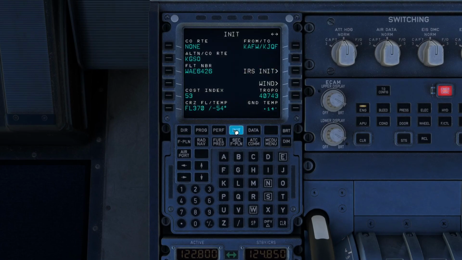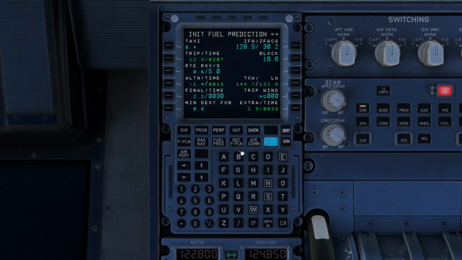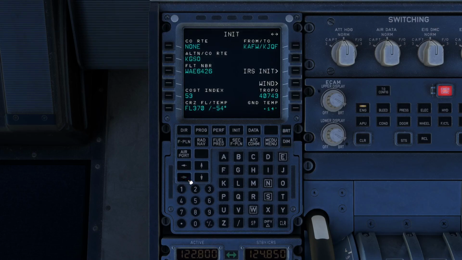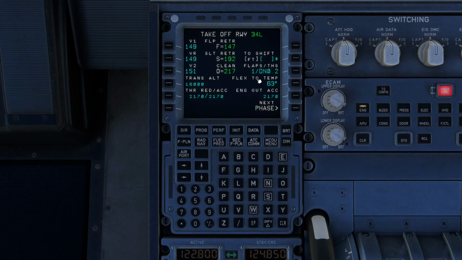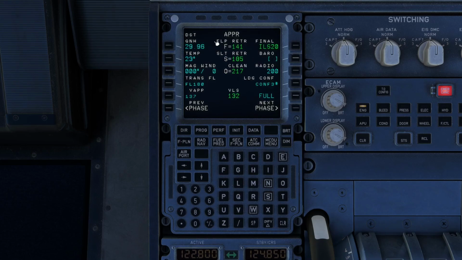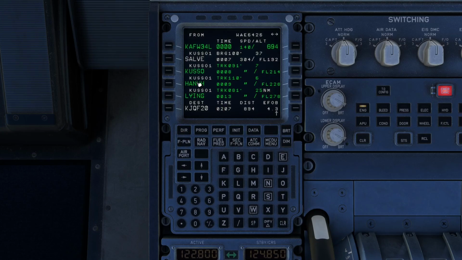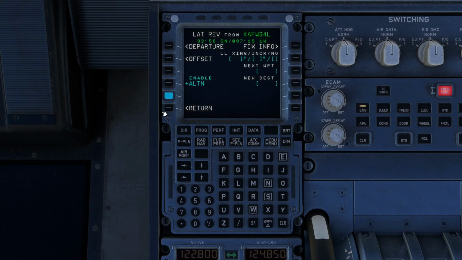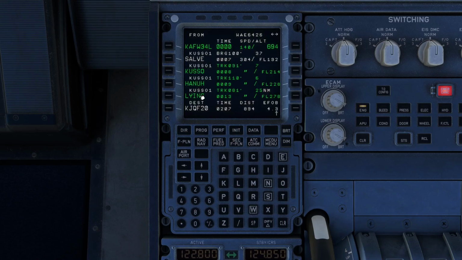But if you do those steps, as a review, you do your initialization, so you get your base flight information, your initial fuel prediction, as it says ready. If you import your plan, or even if you enter it, then go to performance, set your flaps, get your V1 speeds ready to go. Look through any other phases that you can make a change to. You can set up your approach phase if you'd like. Go into your flight plan, set up your departure and your arrival information with the runways and the arrival approaches